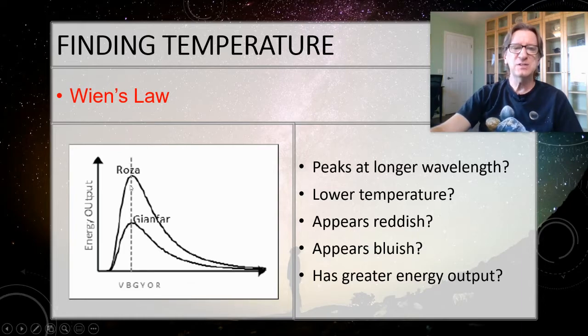All right, notice that both ROSA and GNFR peak at exactly the same wavelength. So they would actually be the same. Do you see that? They're right on top of each other. They're peaking at the same wavelength. All right, so given that then, which has the lower temperature? Pause the video and think about it.